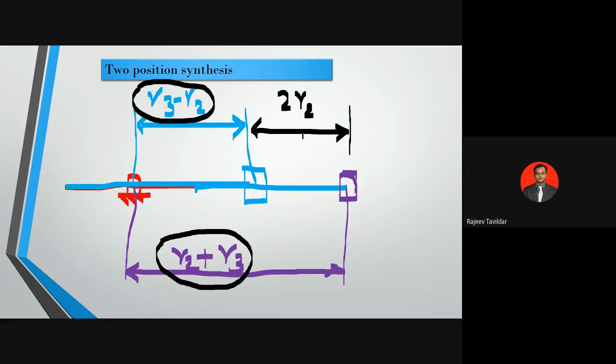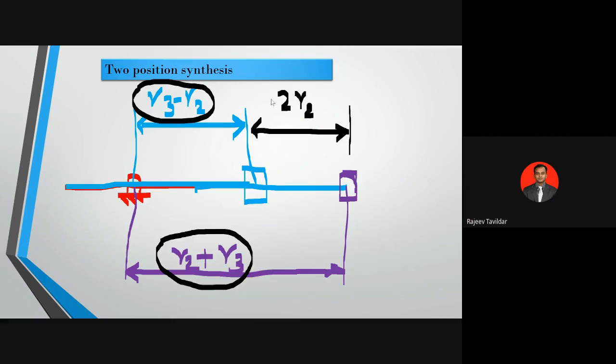I'll repeat, this distance is nothing but R2 plus R3 minus this term, that is R3 minus R2. So R3 and R3 will get cancelled, and it will be R2 minus of minus R2. So it will be 2 times R2. So what logic we can understand from this explanation is the stroke length of a crank slider mechanism will always be equal to twice the length of the crank.